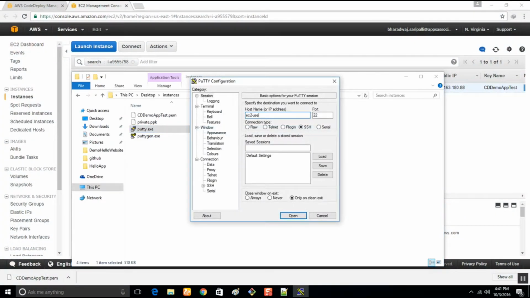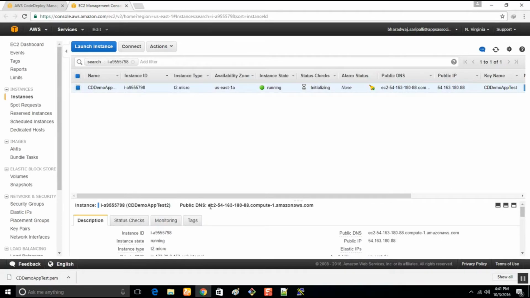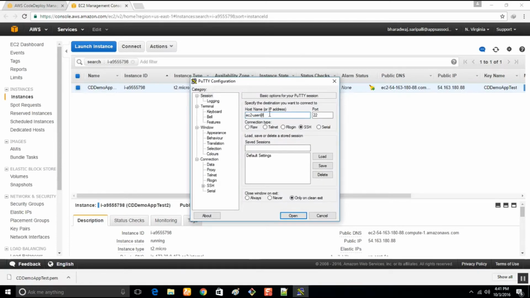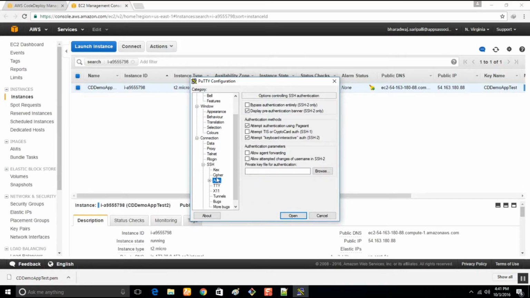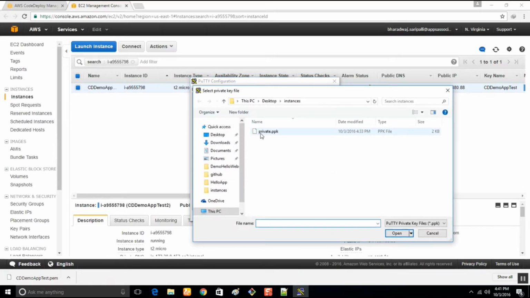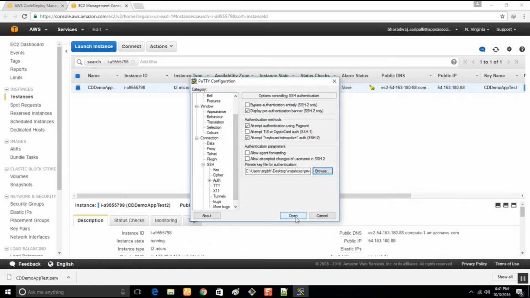EC2 user @ SSHing is not required, just for debugging purpose we are doing it.